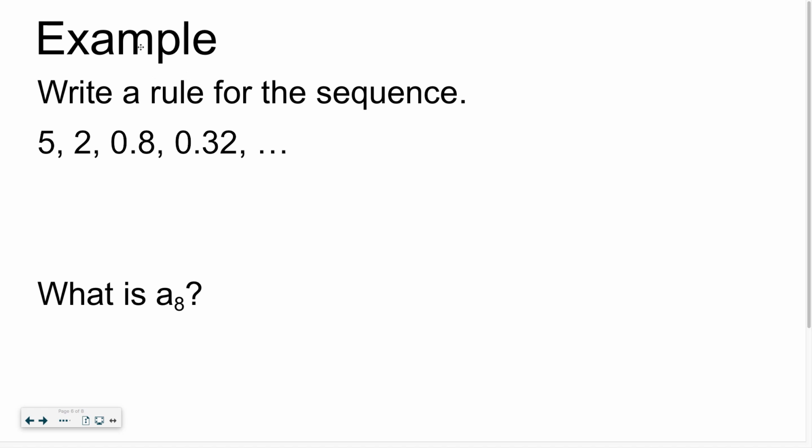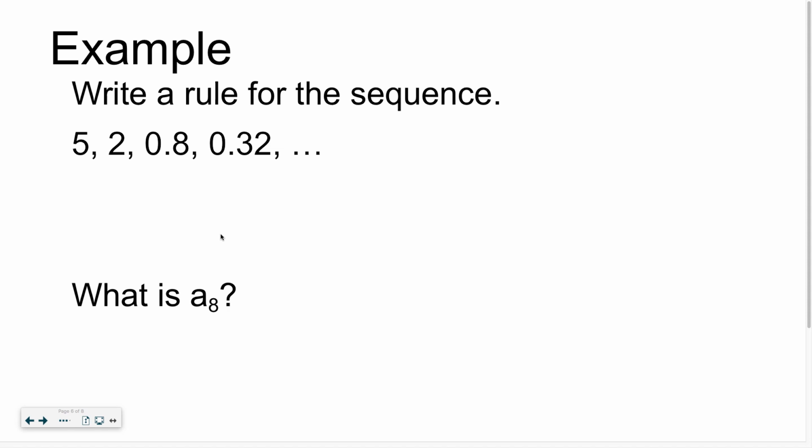Okay, let's do this example. Write a rule for the sequence. Okay. If you're seeing this on your quiz on Friday, you might check: am I subtracting the same thing every time? No. Am I multiplying or dividing by the same thing every time? What would you have to multiply 5 by to get 2? 0.4, or we could just think about it as